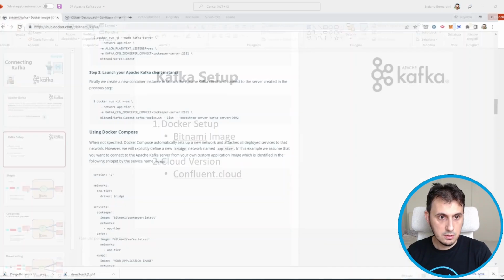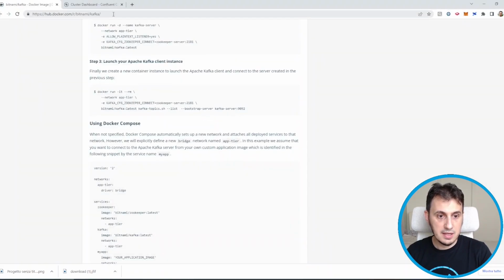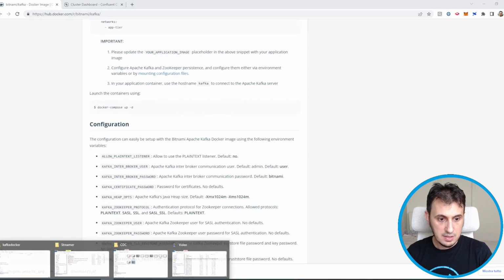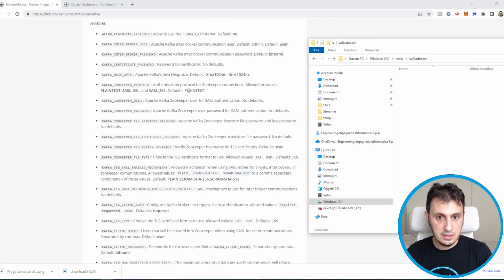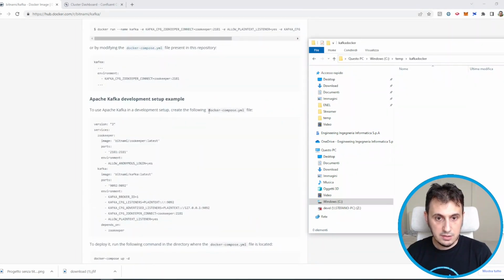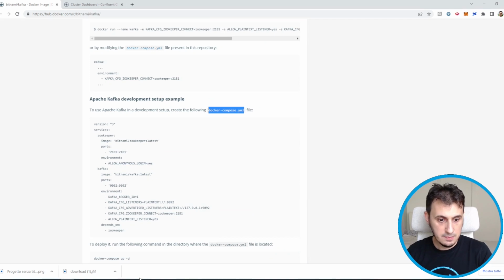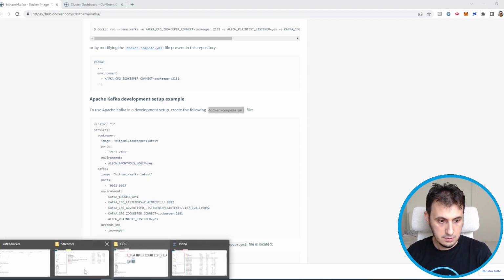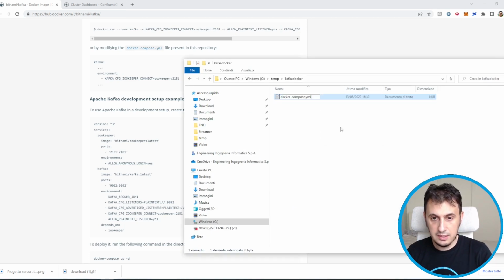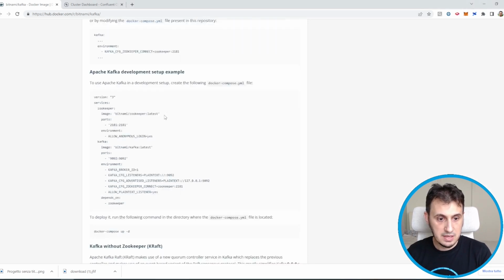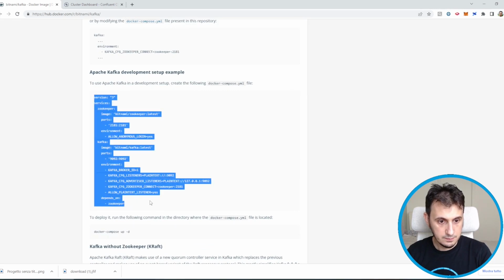So let's go to the Bitnami Kafka version. We can just go to an empty directory. Then we can create the Kafka Docker Compose YAML file. We can create a file with the name docker-compose.yaml. We can just cut and paste the example.